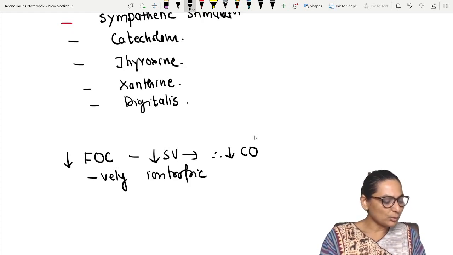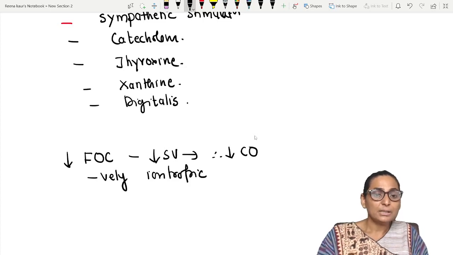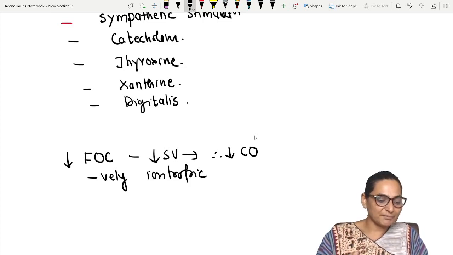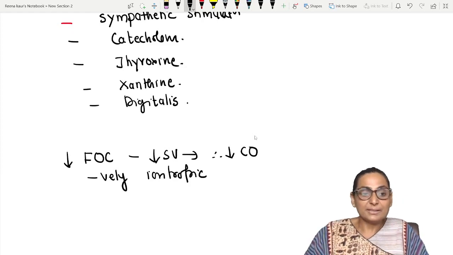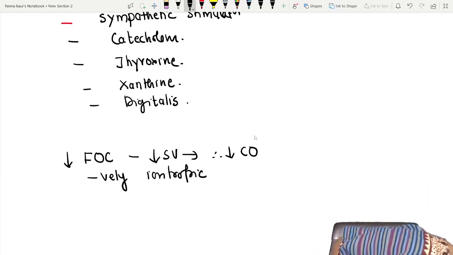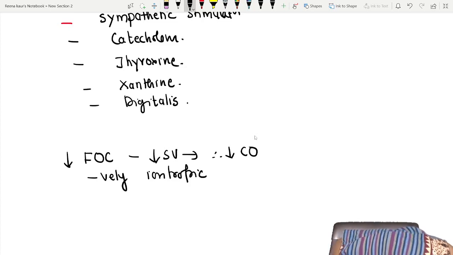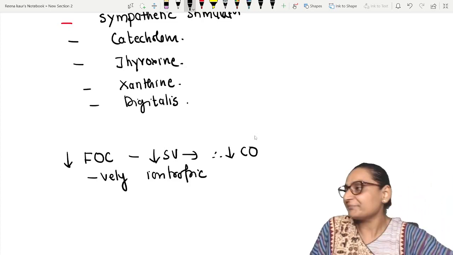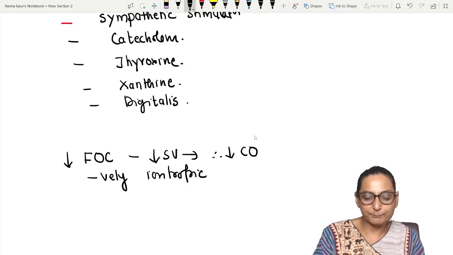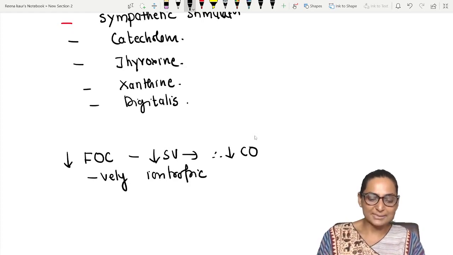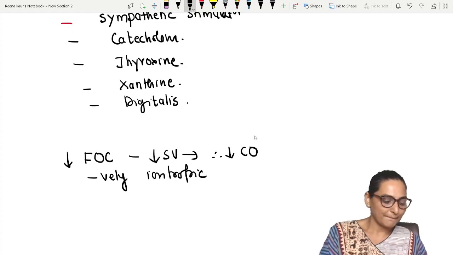The negative inotropic factors are usually those factors which are affecting the ventricular compliance. So any factor which is increasing the stiffness in the ventricles, or causing a poor ventricular compliance,